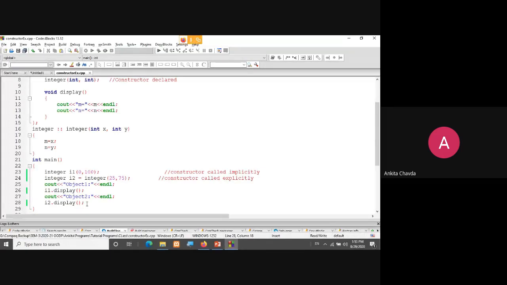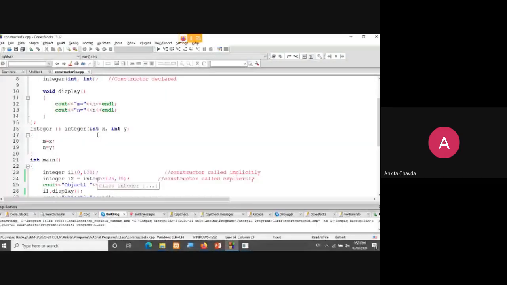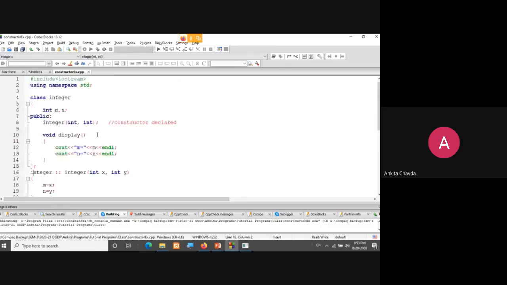First time it will take some time. Okay, so here you can see for object 1, the value of m and n is 0 and 100. For object 2, the value of m and n is 25 and 75. That's it. This is all about my constructor. So instead of void getdata, I have written my parameterized constructor. The code is the same, just like your getdata.